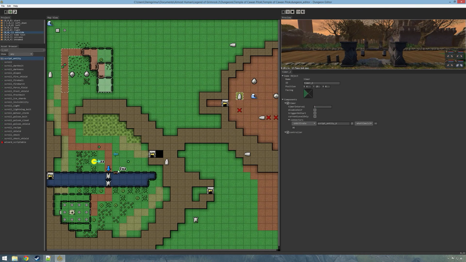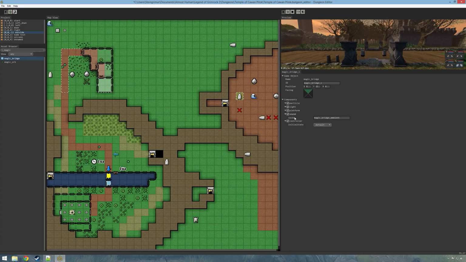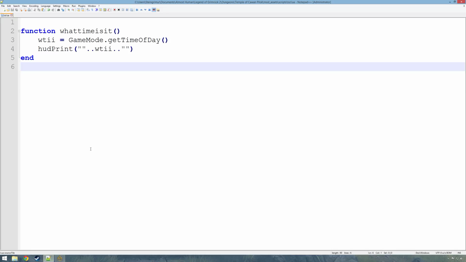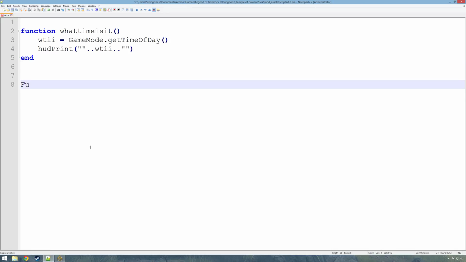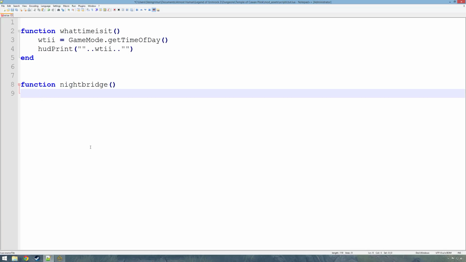Let's go to this bridge over here, and I'm gonna bring out the magic bridge like this, and I'm gonna have the initial state of the bridge deactivated like this, and let's just create another function within the same script called night bridge. We're gonna have this on during the night, and then we simply do if game mode